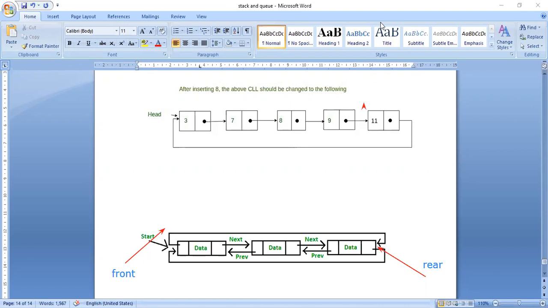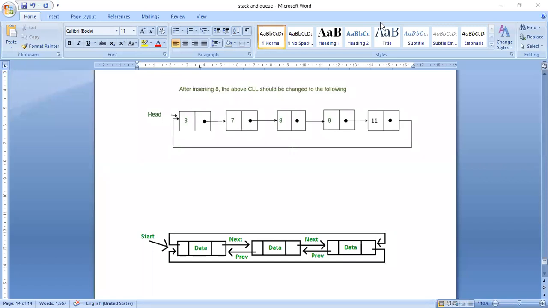At the same time, start trying to practice. At the end of the mid, if you open the book, you will not understand anything. You have to start from now only to understand the data structures. Whenever you are at leisure, try to practice. First practice graphically, next practice programmatically. Then you will understand the things.